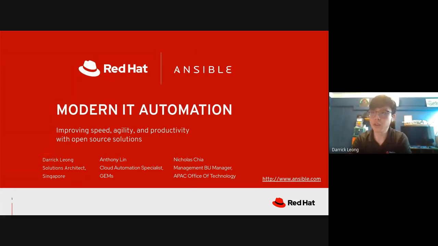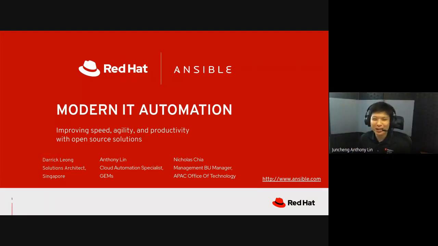So today we're having this community event. It's been a while since we did a community event. I think the last time was about 1.5 years ago, pre-COVID. For those who joined us, we were at the F5 office. I'm not sure whether any of you here was with us back then, but that was definitely before COVID. So we are trying to restart this just to link up with more people within the community, as well as to give an update on what's going on with Ansible these days.